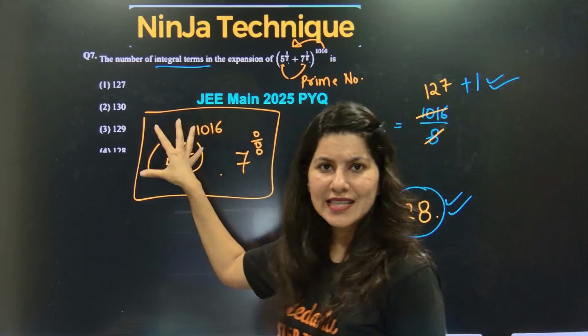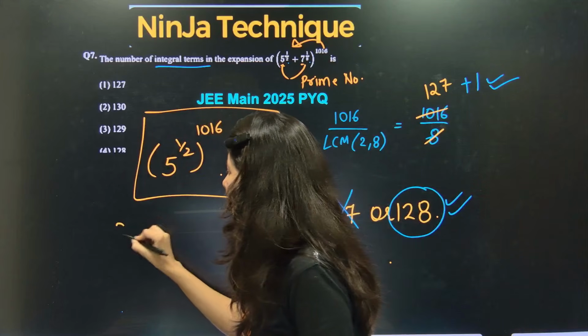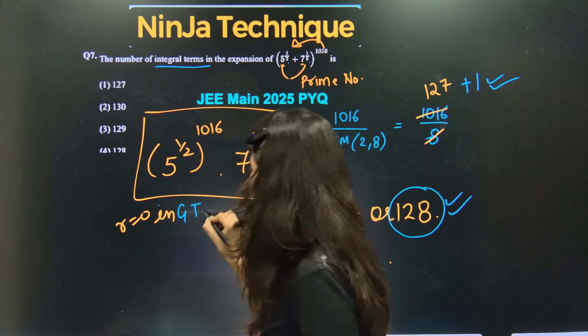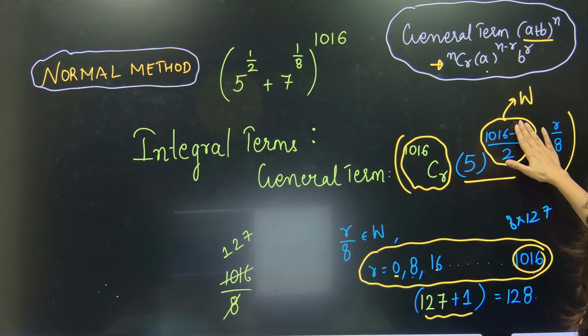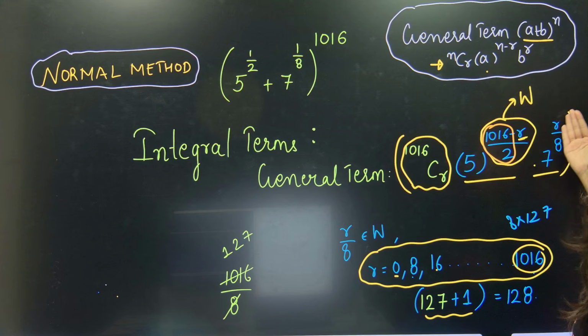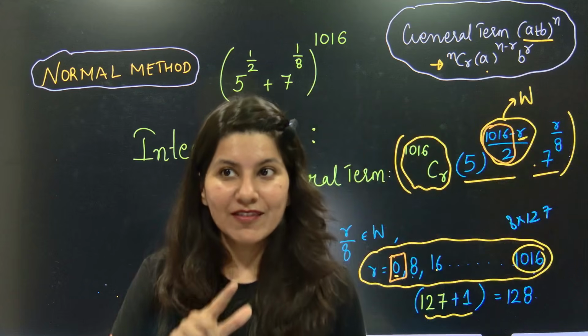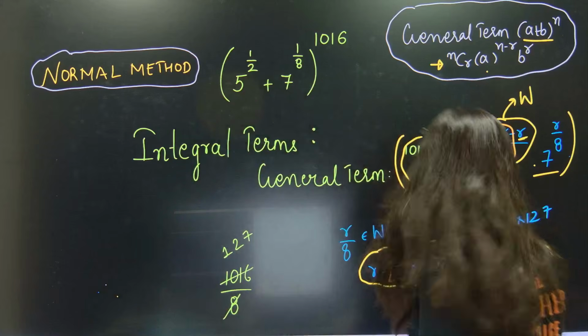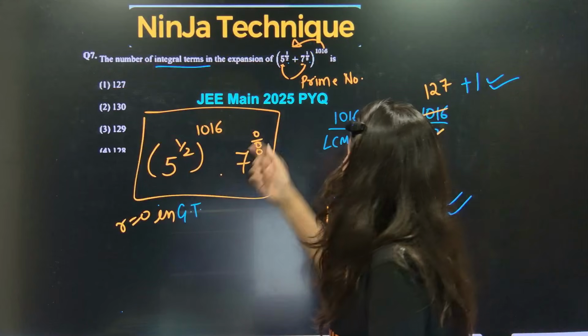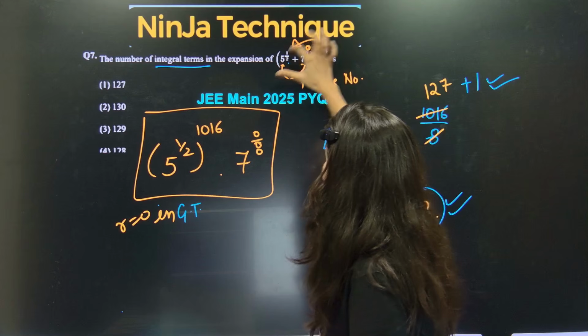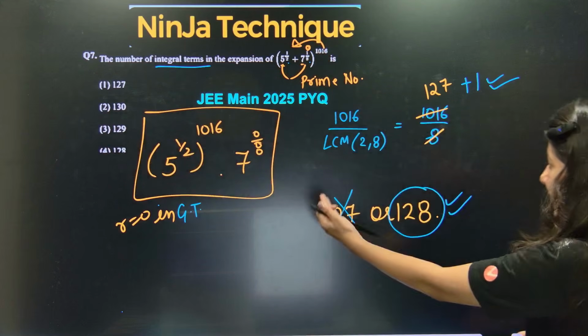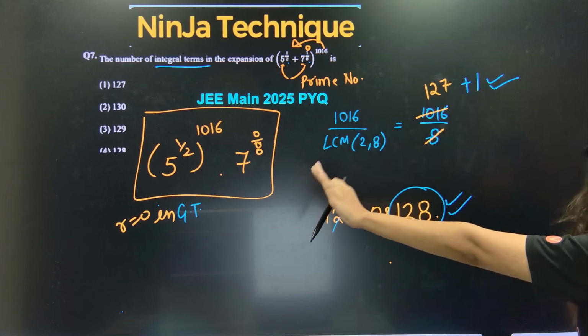Basically, if you understand what I'm trying to do, I am trying to put r is equal to 0 in the general term. This is your general term. Put r is equal to 0. So you will realize 5 power 1016 by 2, and r, if you put 0, this is anyway sorted. Basically, we are just checking for r is equal to 0. Will my r is equal to 0 give me the integral term? Yes. So for that, I'm giving you again a short technique. This 1016 goes here and this goes here. So this will have 0 power and this will have the complete power, and check whether this is an integer. If yes, then add 1. If not an integer, then do not add 1.